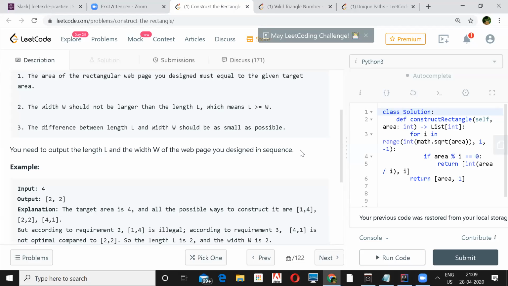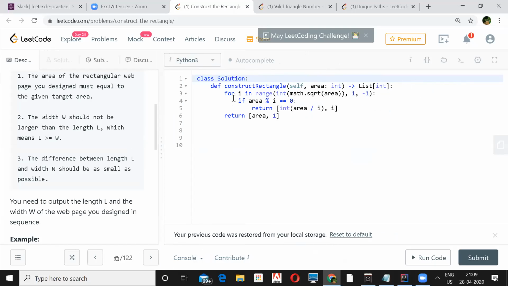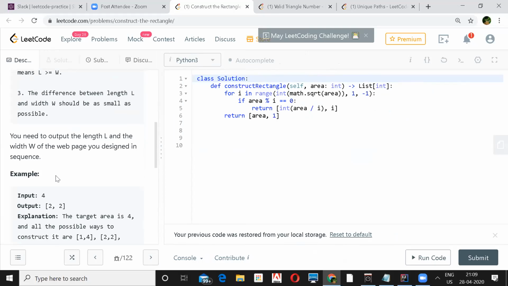Shashank, you have done that, right? Yeah, the square root thing. I took the square root from that till one. Let's say 4 is that number. So the square root is 2. From 2 to 1, I'll search what all the factors are which would divide this. And if you get one factor, the rest of the factor you can get by dividing by the number, because if you go beyond 2, you will never be able to have the differences be minimum.